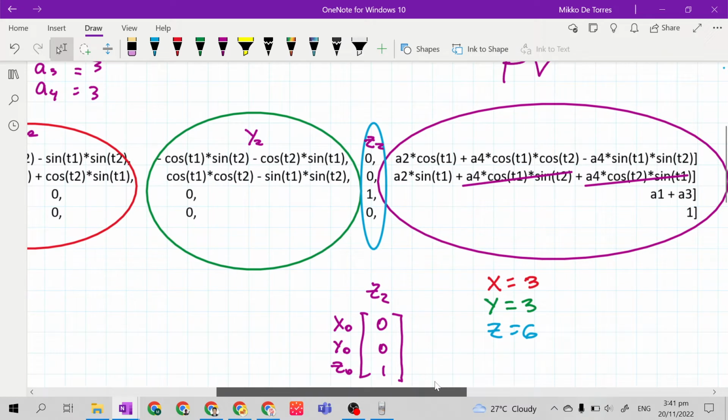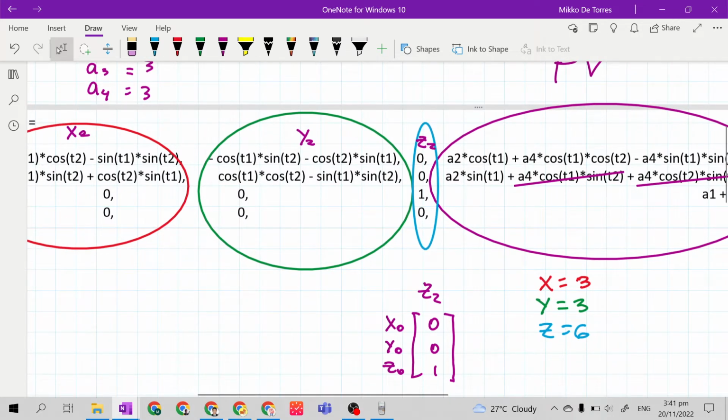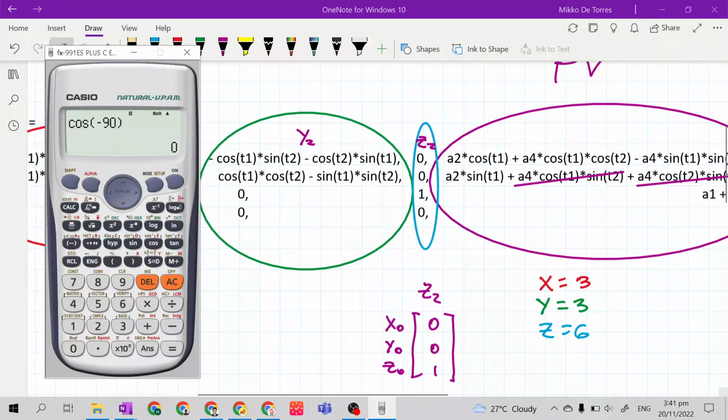So z sub 2 is projected only to z sub 0. To find also the projection of y sub 2 to x sub 0, y sub 0, or z sub 0, we will just